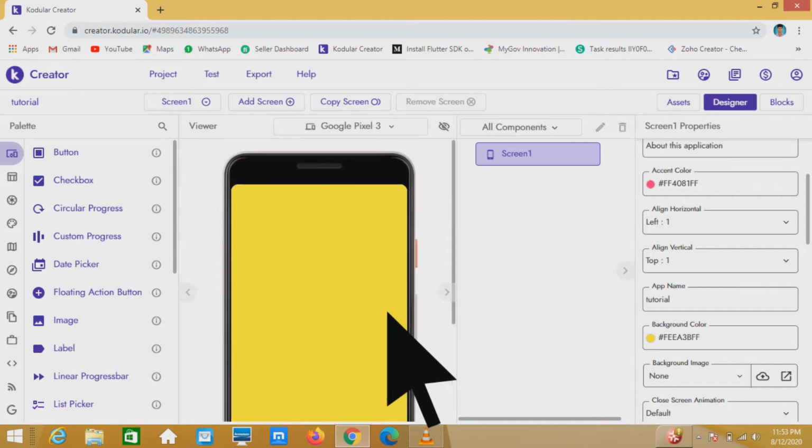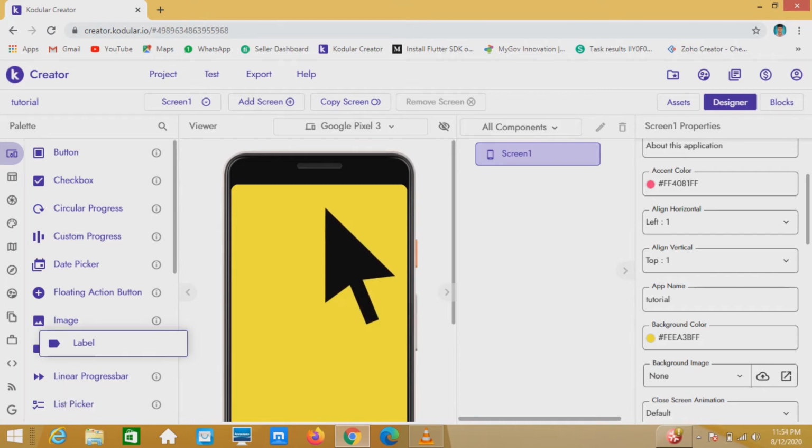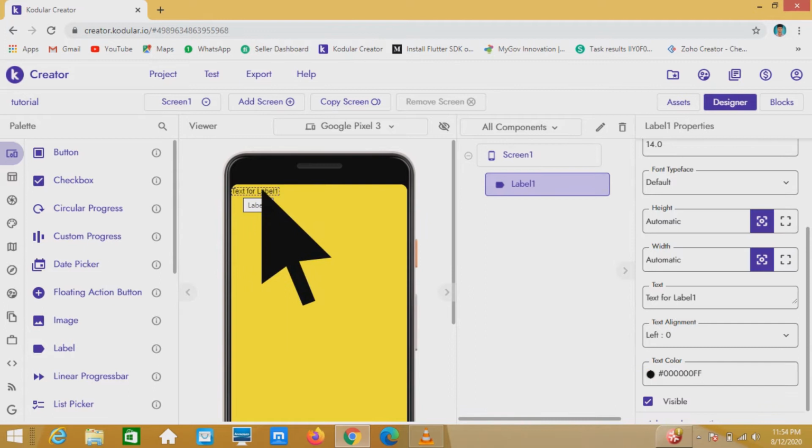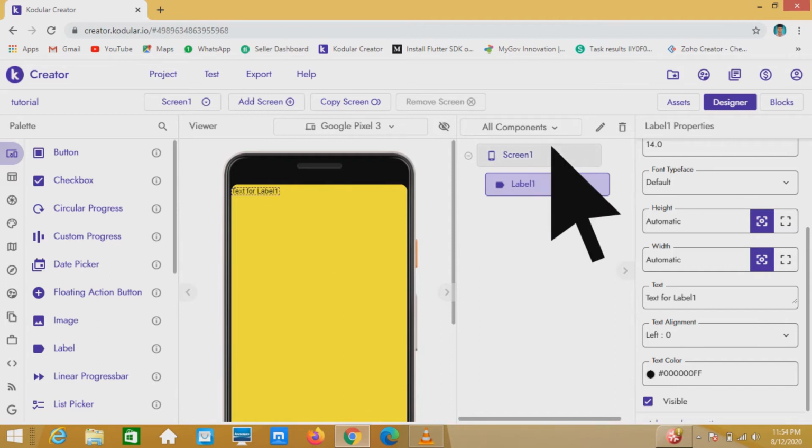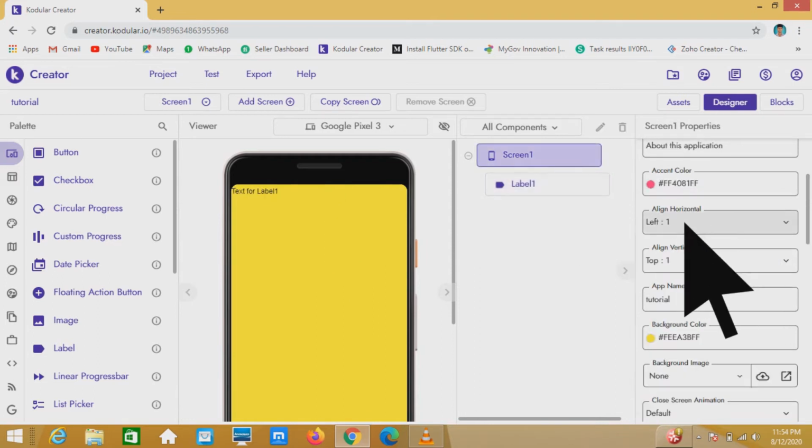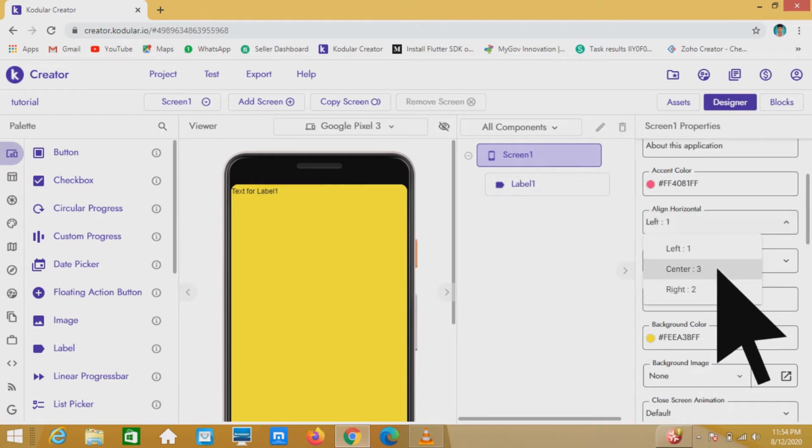So I am going to give a heading to my app. For that I will just drag a label to my app. I want to align this label at the center of the screen. For that, click on Screen1, and there is a property called align horizontal. Click on align horizontal and set it to center.